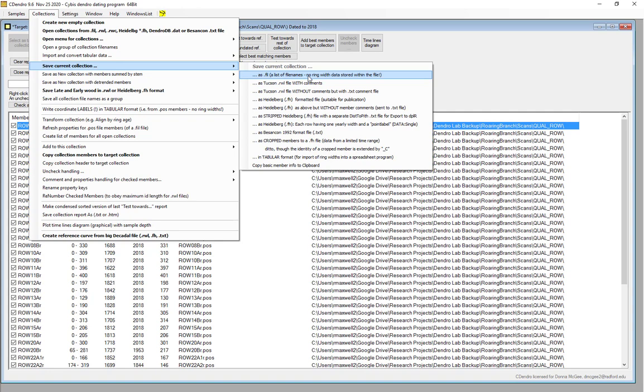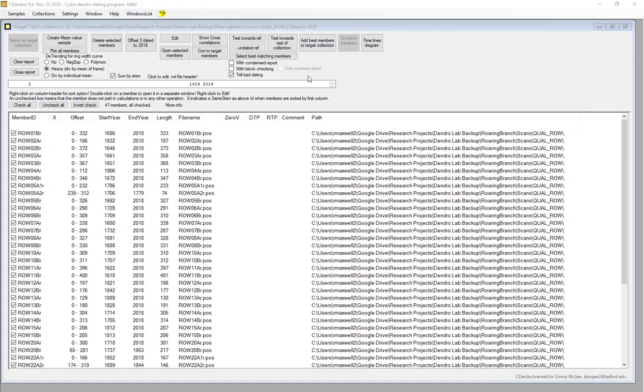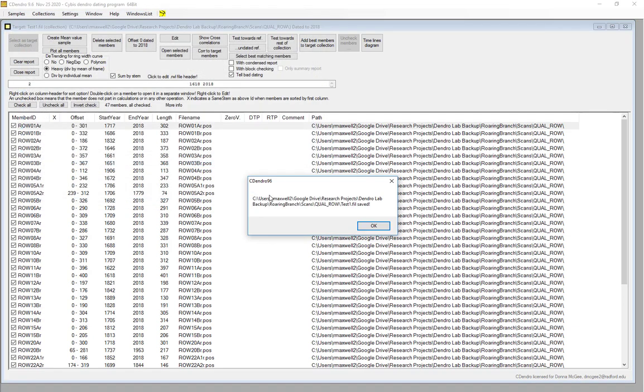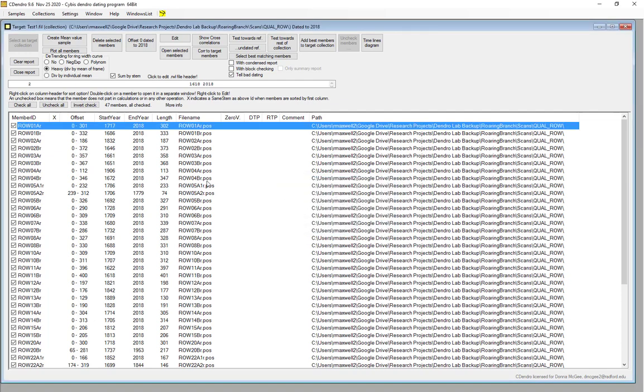It says pull these files into the collection from this storage location. So I'm going to save this, and we can just leave it called test1, named after our collection. And it'll be a .fil file. So we've gone and saved that, and now we have this data collection saved in at least one format.